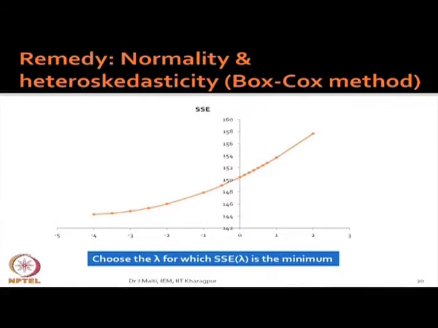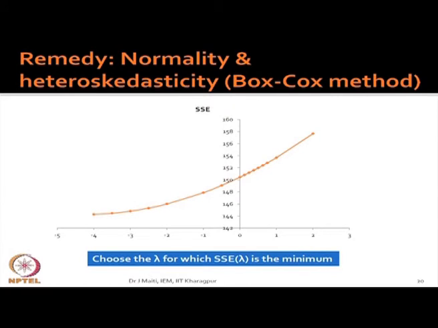First, for various lambda values, we have to find out the transformed y and the SSE. Yes. So, in that way every time we have to do it, and when the SSE is minimum, that lambda you will consider for that regression equation, that is your regression equation. And this is the Box-Cox method, as given in Montgomery et al. 2003. This is the way Box-Cox transformation is done.